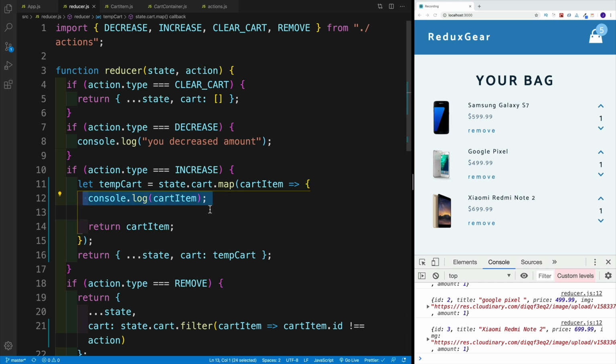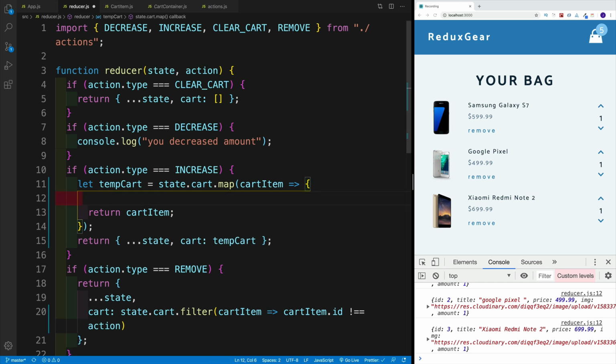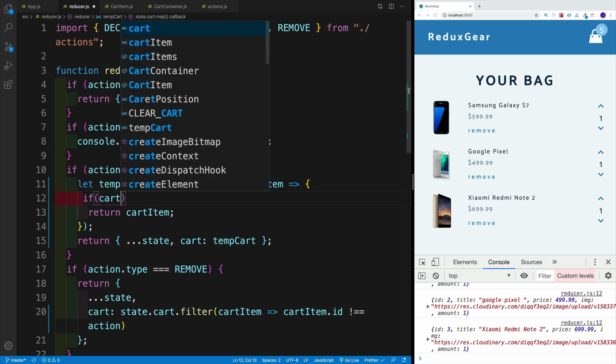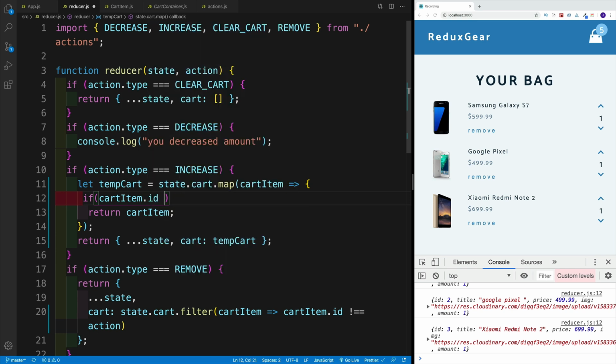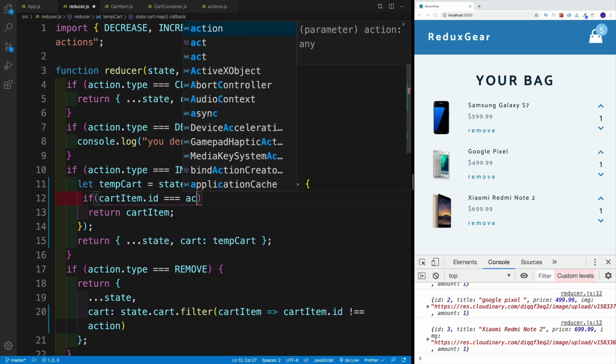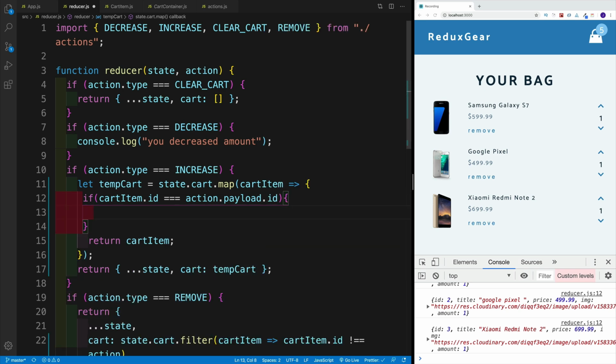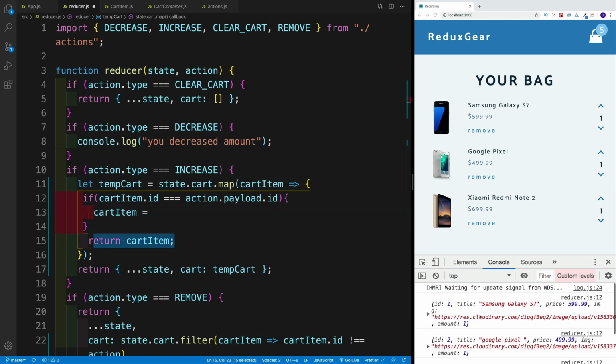Now let me get rid of the console log. As always, you can always keep it, but in my case, I will get rid of it. And now I'm going to say if cart item ID matches to whatever I'm passing in my payload. So remember action, payload ID. If that is the case, then set up a cart item and set it up equal to a new value. So now my cart item will be equal to a new value. If it doesn't match, we will return whatever we already have here. That's it. We don't really care about it. If it matches,